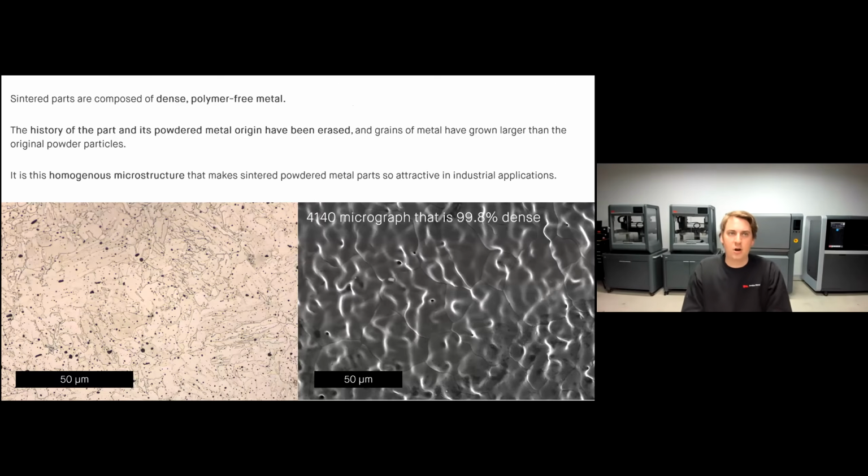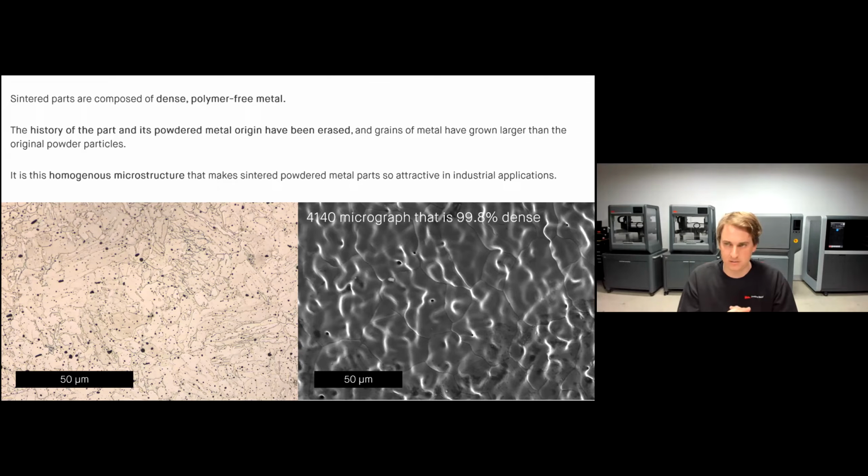One important thing to know about sintered parts is that they are dense and they are polymer-free metal. Because of the sintering process, the history of the part and the fact that it was ever powdered metal has been completely erased. The grains have actually grown larger than the original powder particles, and the result is this homogeneous microstructure. This homogeneous microstructure makes these sintered powder metal parts very, very attractive in industrial applications because you're getting these